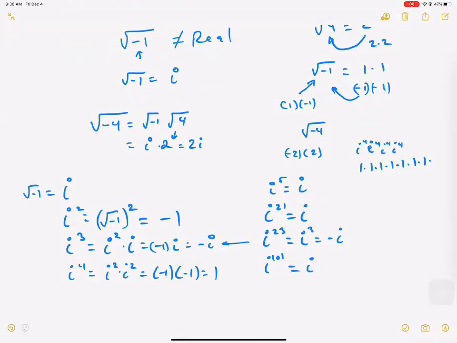An example of this was my i clock, where we have i squared, i cubed, and then i to the 4th. And this becomes -1, -i, and 1, and then we reset. So we just walk around the clock, and the i's just reset. Okay,